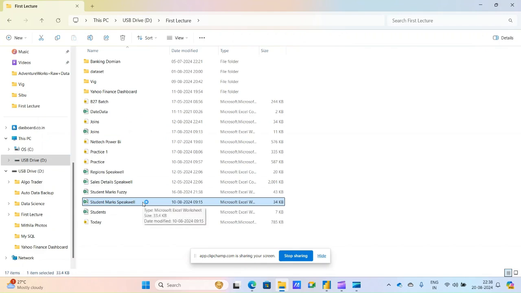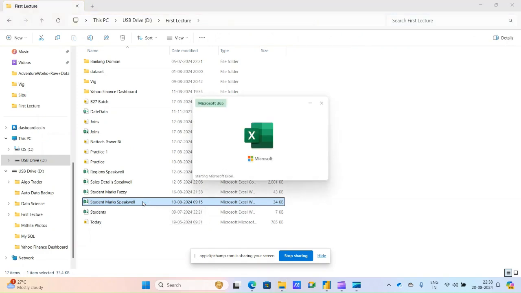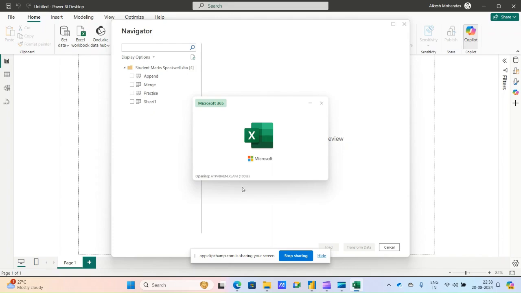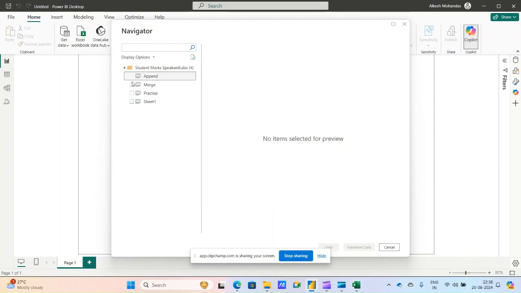Once I open that data, we can then see that data. These three sheets we can see over here: append, merge, and practice. Okay. Oh, it is taking time to open. We can just transform this data,